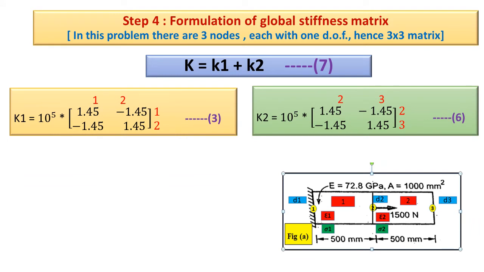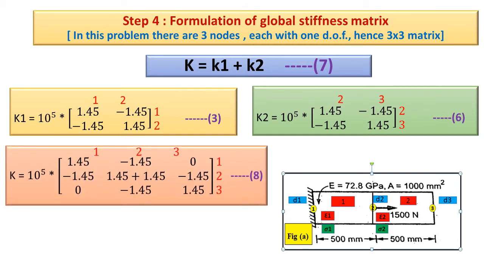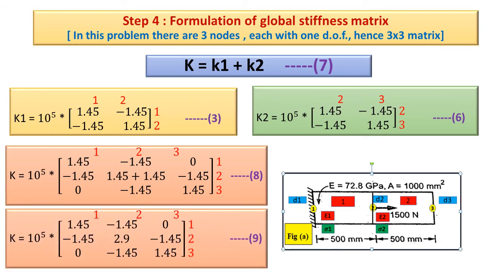Already we have calculated K1, equation number 3, and K2, equation number 6. We will make addition of equation number 3 and 6 and we get equation number 8, K, that is global stiffness matrix. Equation number 9 represents a completely formulated global stiffness matrix, where addition of elements will occur at location 2 2, as we can observe that from K1 at 2 2 there is 1.45, while from K2 at 2 2 again there is 1.45. So 1.45 plus 1.45, we get 2.9 at the 2 2 location in